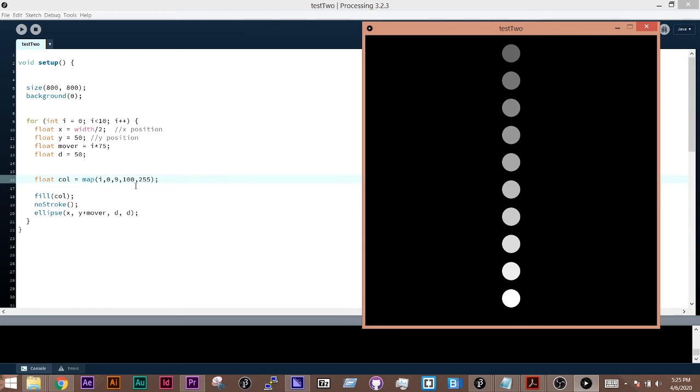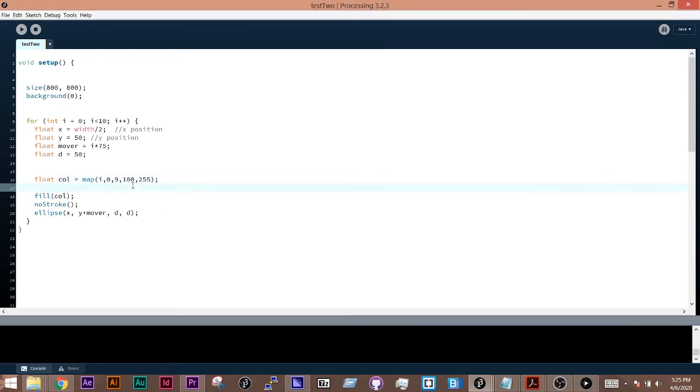You could use this as multiple different ranges. You could use it for opacity. You could use it for position. So for example, in here, I'm going to change this back to 0. Here, if I wanted to use the value of i to change the Y position, I'm going to comment this out and say